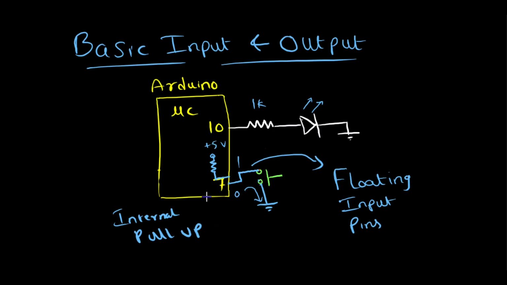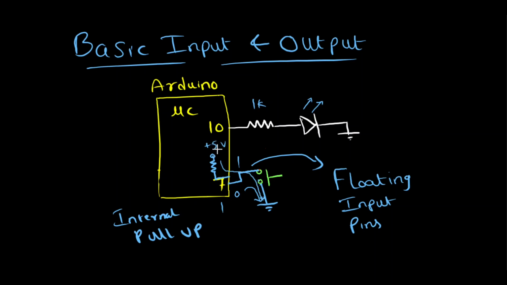As soon as you enable it in the program, pin number 7 will automatically be pulled up through a resistor to plus 5 volts. So you need not connect an external resistor to pull it up to high. By enabling the internal pull-up resistor, when the button is not pressed, our pin number 7 is at logic high by default. When the button is pressed, pin 7 automatically goes to logic 0 through this path.